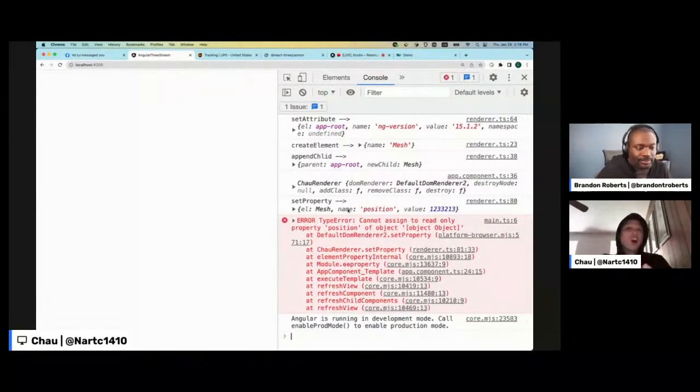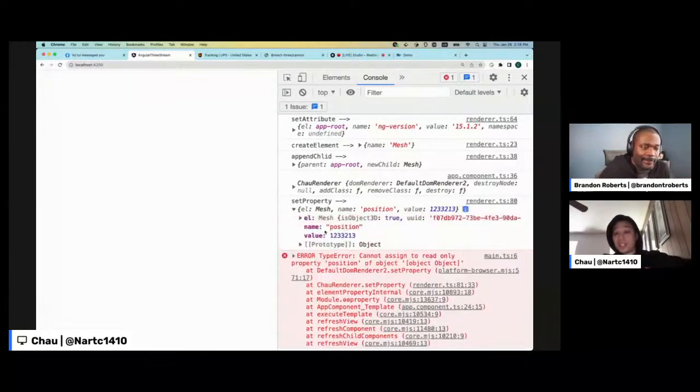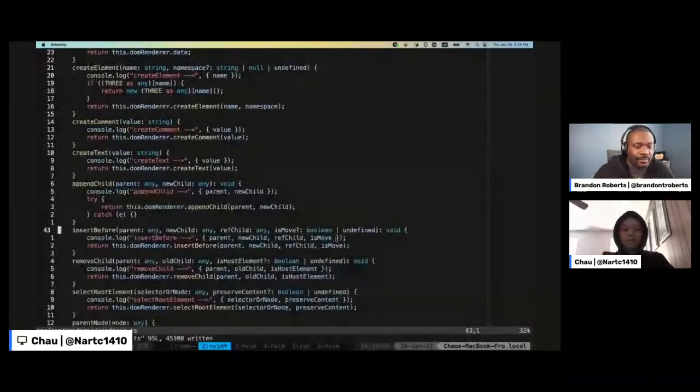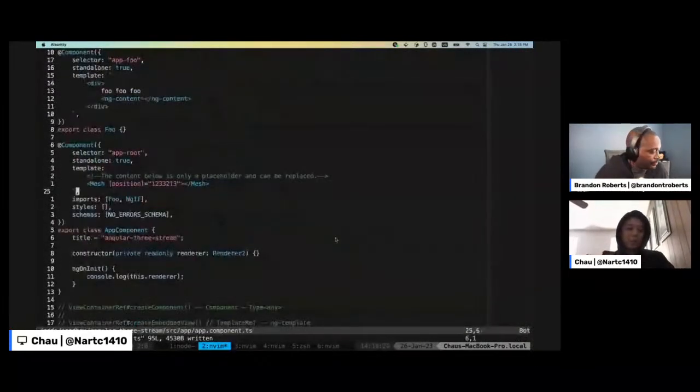Now, it will not call set property if that square bracket is an input, an actual input. So it's just treating it like an attribute. Yeah. So you can see I have a mesh, I have a position, I have the value, and now I can attach this position on my object. You can have set property, right? You can have, of course,